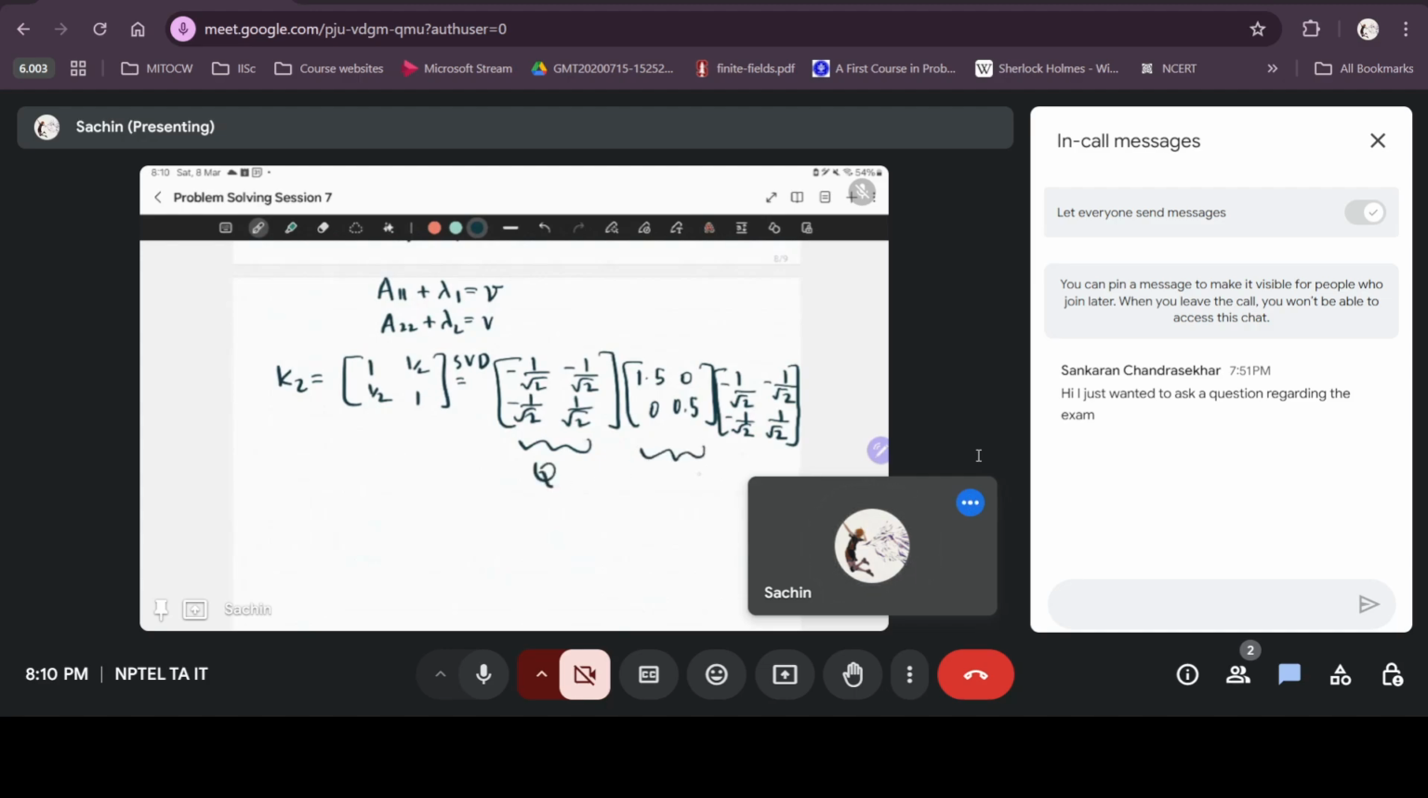This is your capital lambda. This entry is lambda 1. This entry is lambda 2. This is the matrix transpose of Q. Here, in this case, it's equal to Q. So to find the